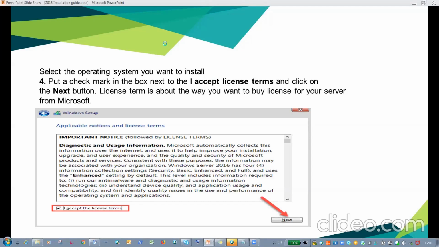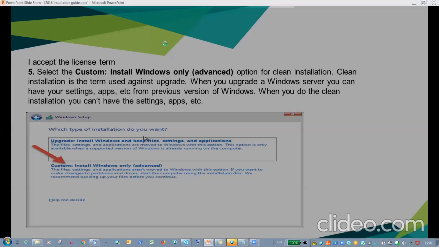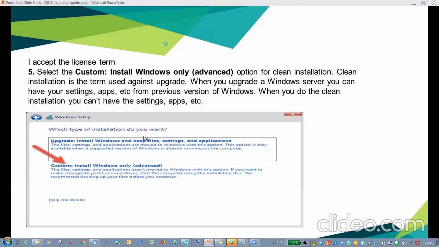Once we accept the license, it will ask for custom installation or advanced installation. If you go with the custom installation, it will ask for manual inputs, like we can set up the drive as per our convenience. And if you click on upgrade, install Windows, then upgrade is used when we are going to upgrade the OS.